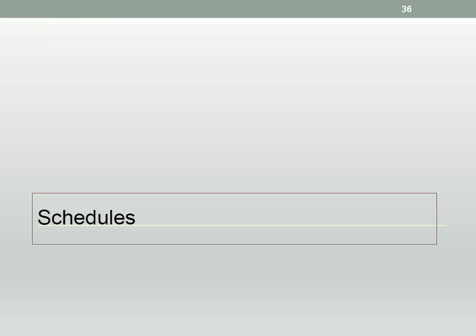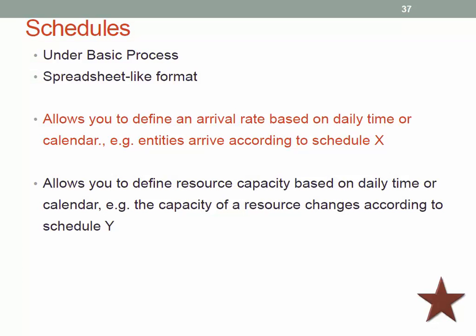So here we are. Today we're going to be focusing on using these schedules. And again, the focus for today is going to be the arrival process. But you can also use the schedules to represent the status of your resource throughout the day. That's going to be a discussion for next time. But that's the other capability of this logic. So focusing on the arrivals,